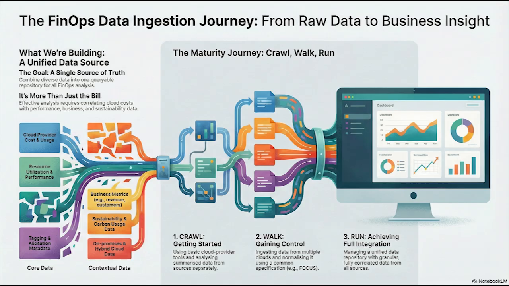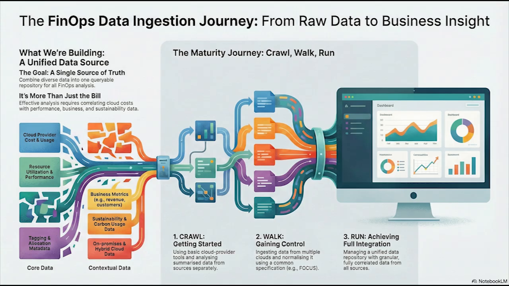The triangulation. But to talk optimization, we have to talk money, the actual business outcomes. This is the really transformative part. Your ingestion stream has to include business data, things like revenue from a specific service or the number of customers you're supporting or the number of transactions processed. Because without that, you're just cutting costs blindly. Right. If you don't ingest revenue alongside costs, you can't tie your decisions back to shareholder value. You're just guessing. This is what makes cost data into business data.